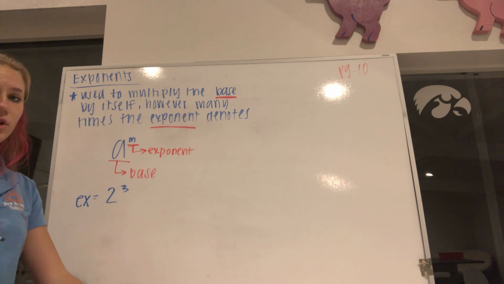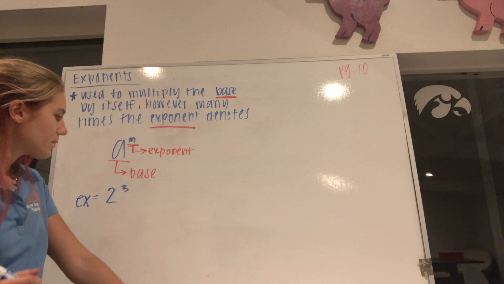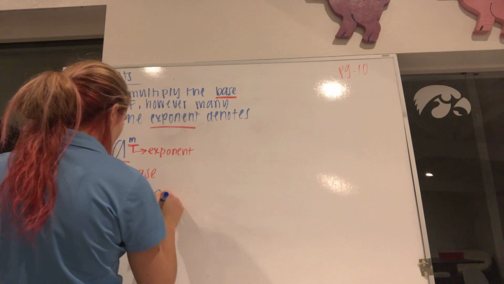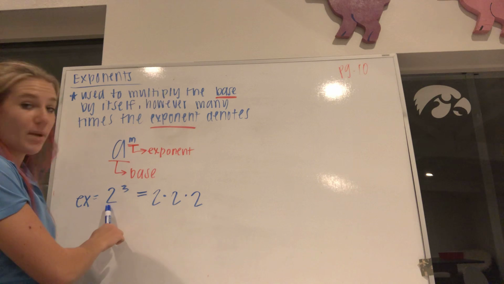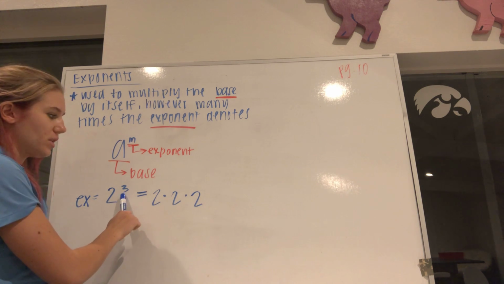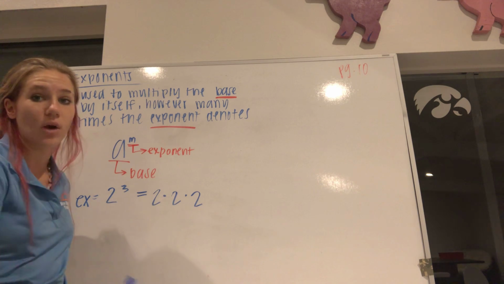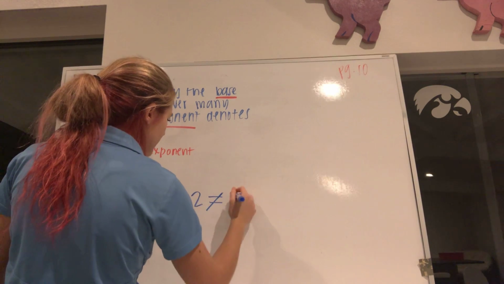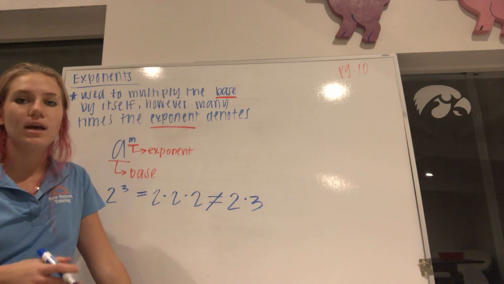Okay, so let's say, for example, I have the exponent term 2 to the third. There's really one other way that I could write that out, and that would be this, where I'm multiplying the base 2 by itself however many times the exponent denotes. So obviously we have 2 to the third here, so I'm multiplying 2 by itself 3 times. Pretty self-explanatory. What is incorrect and will never be correct in dealing with exponents, sometimes, like I said before, if